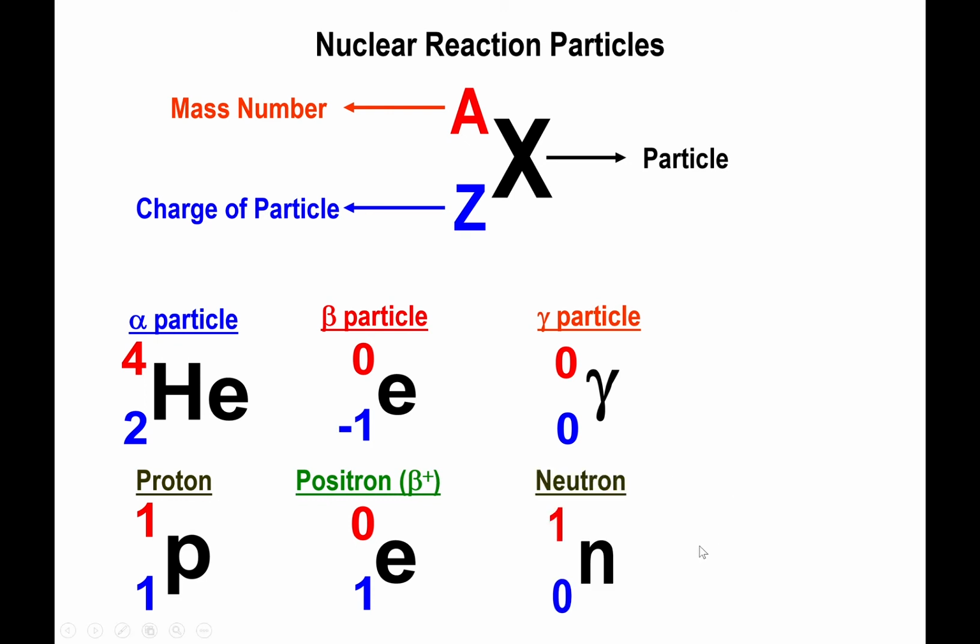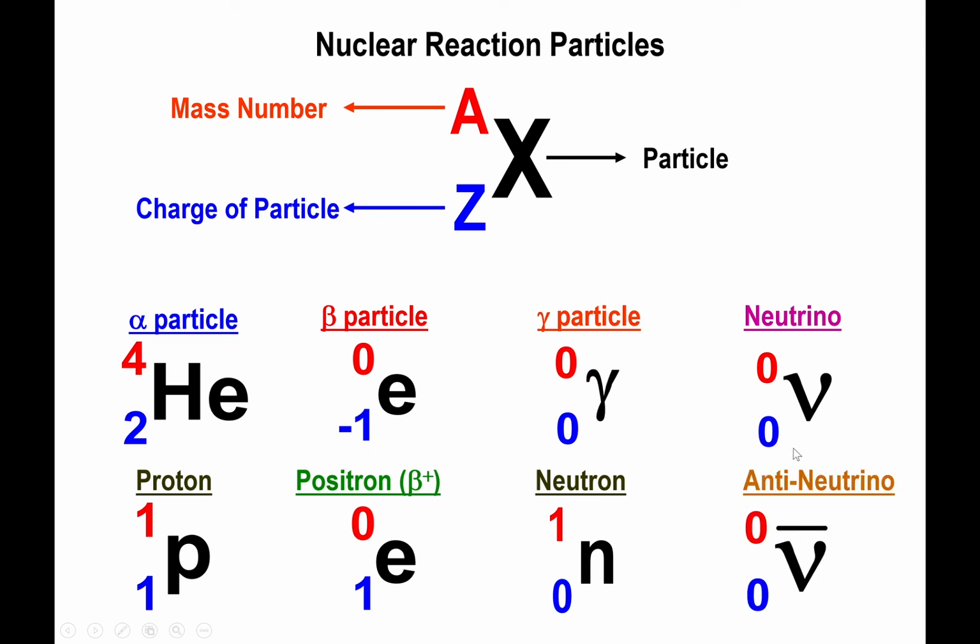And then you have your neutrons. Neutrons are definitely going to play a role. They don't have a charge, they're neutral, so the number on the bottom is 0, but they do have an atomic mass of 1. And then we have the neutrinos, which, as you'll see in a little bit, we'll use to fully balance certain types of reactions. Much like the gamma rays, they don't have a mass and they don't have a charge, so they have zeros for everything. But the neutrino also has an antiparticle known as the antineutrino,